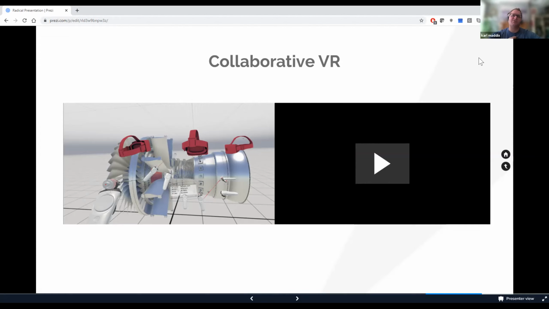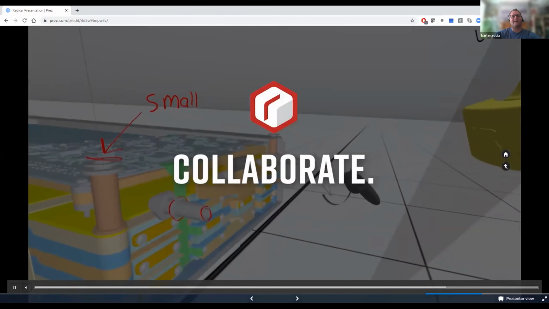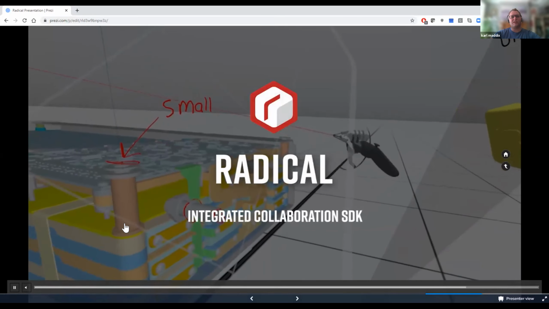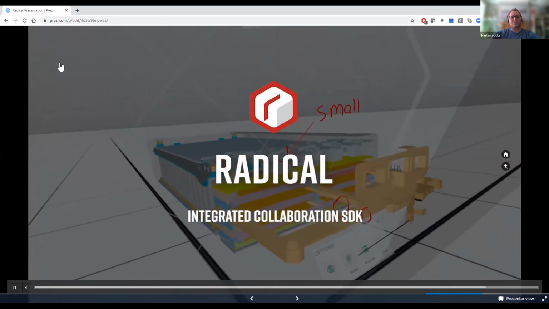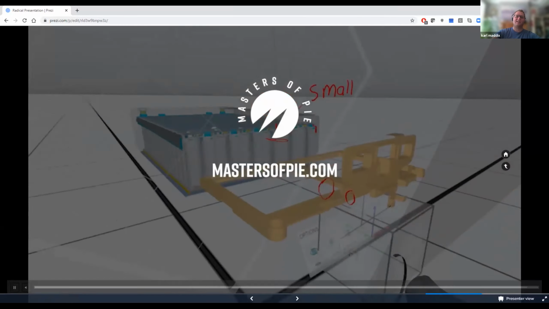So virtual environments really do help smooth out and level the playing field when it comes to taking a complex piece of spatial data such as CAD and then bringing people into an environment to discuss that to suit their needs. So just a quick video here to illustrate that in the case of Hyperbat. This is the electric vehicle battery that's being manufactured at the Unipart factory, the Hyperbat factory. And then here you have